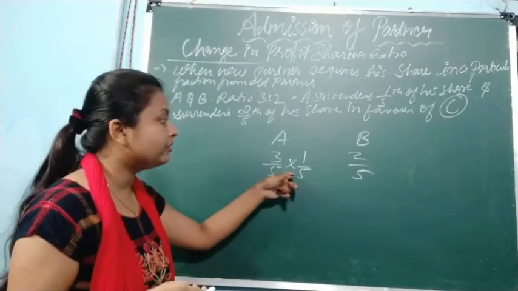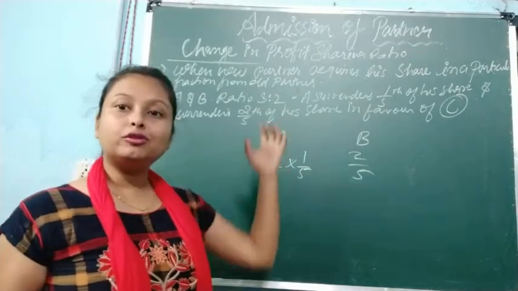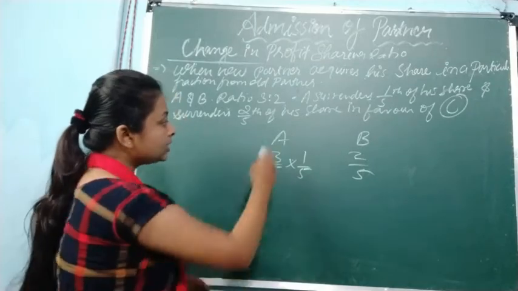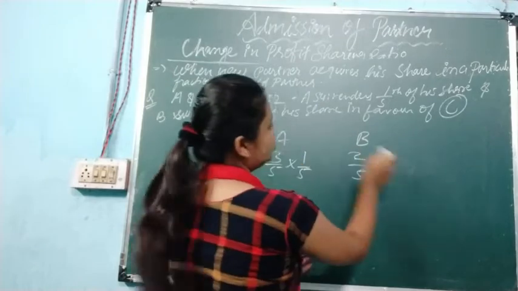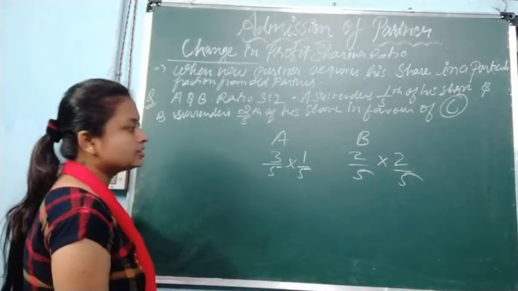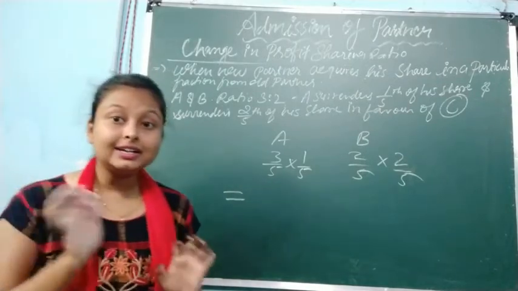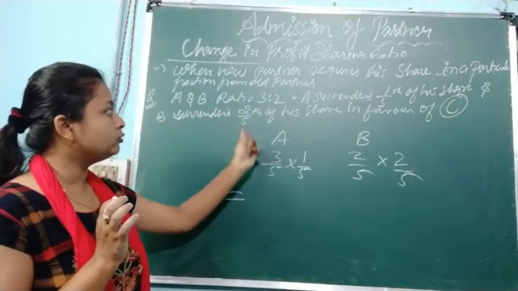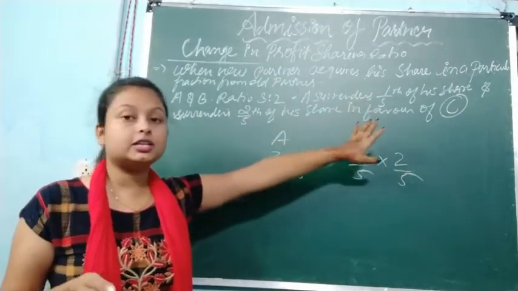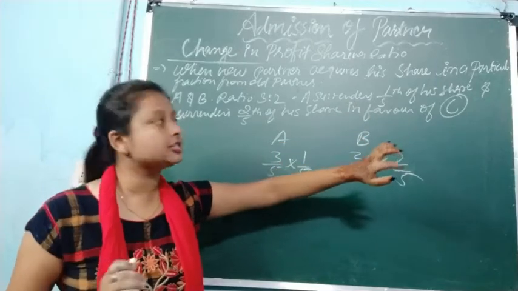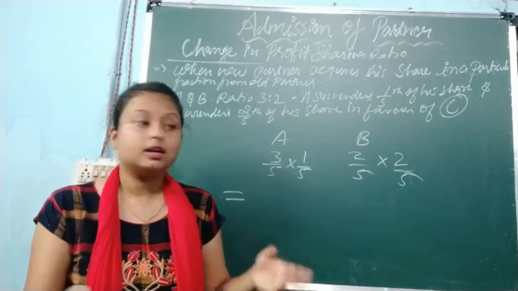Of means multiply. With the help of multiplication we have to take out these shares, and after that we will remove that share from that old partner. How much is A going to give? 1/5, and B is going to provide 2/5. Suppose, how much will A provide? Clearly it is not mentioned. What we have to do? We have to do the multiplication and take out the ratio, that how much A is going to provide, because only the fraction is given, that 1/5 of his share. How much? That we have to calculate.